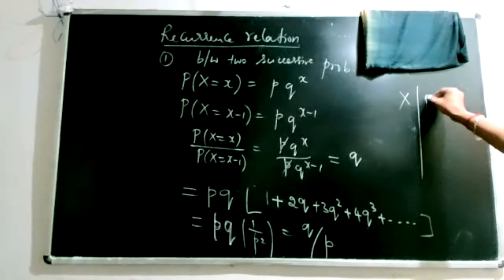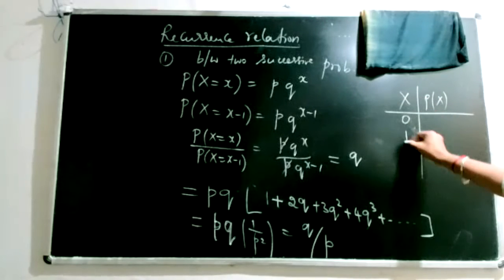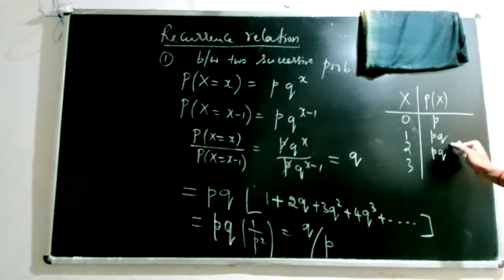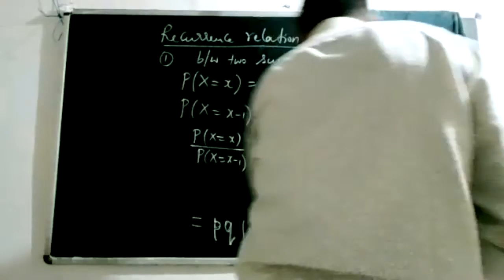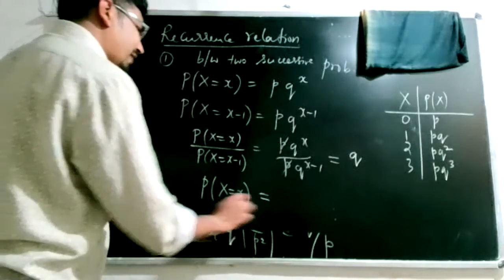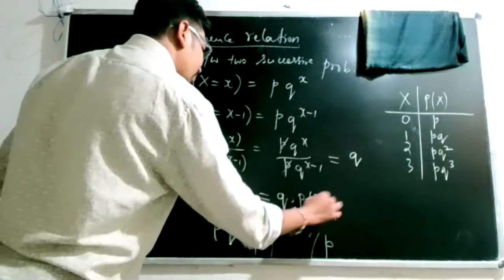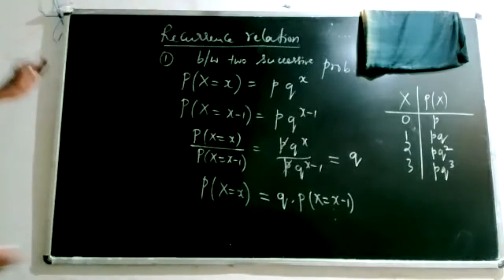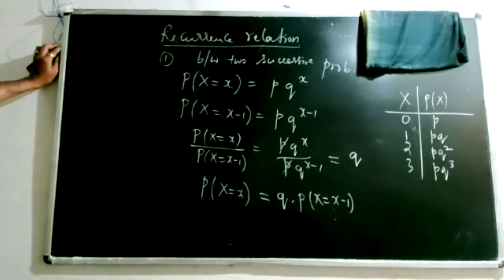And we also learned that, right? Already when we wrote the table, we understood how the next probability is coming. Now x is equal to 0, 1, 2. For every previous probability, you multiply q, that generates the next probability. pq into q, pq square. pq square into q, pq cube. So the recurrence relation is also telling that probability for x is the same as q into the previous probability. So every time without using the PMF, if you want to generate probabilities for a list of values of x, just multiply q for the previous term and produce the